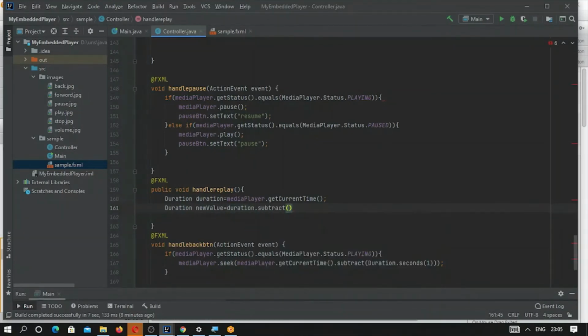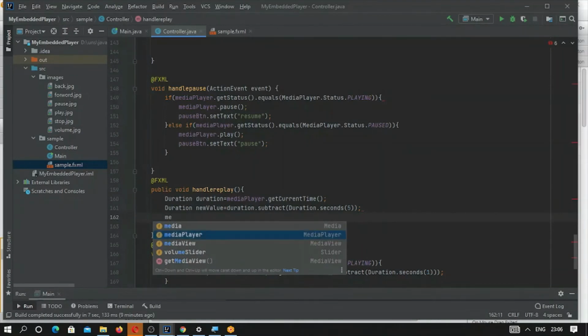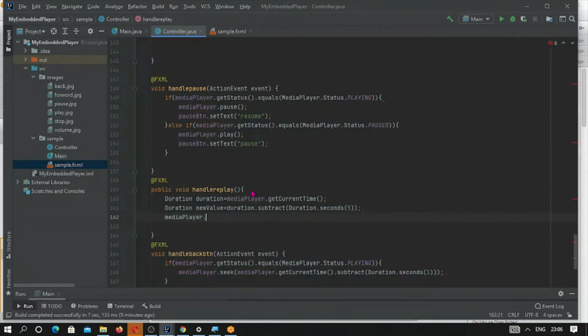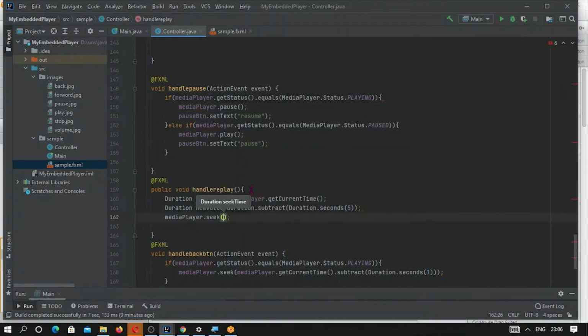By 5 seconds we have to subtract, and after that we have to set our media player dot seek. What do we have to seek? The new value.